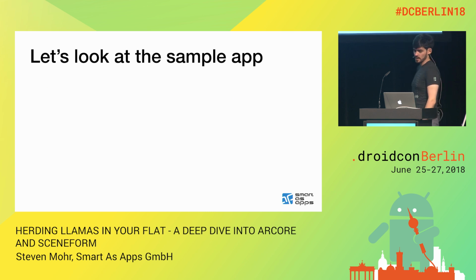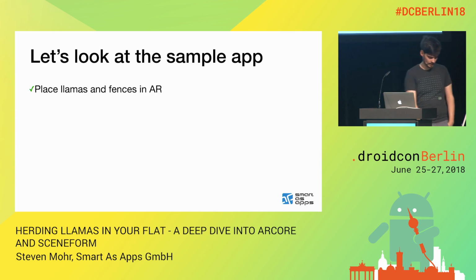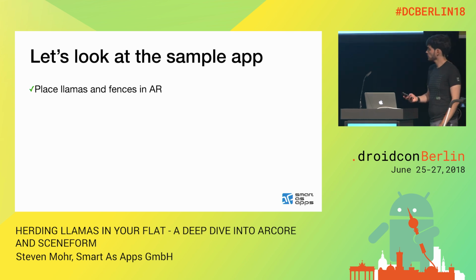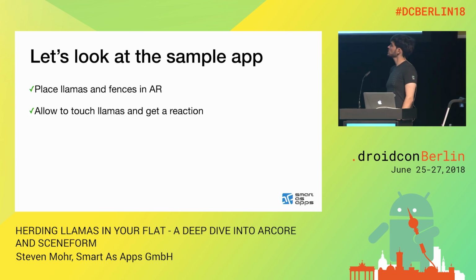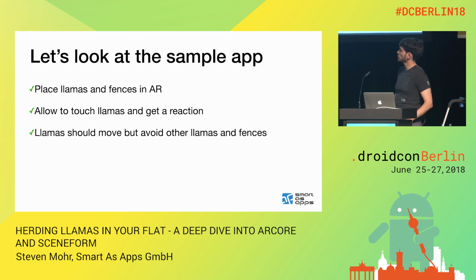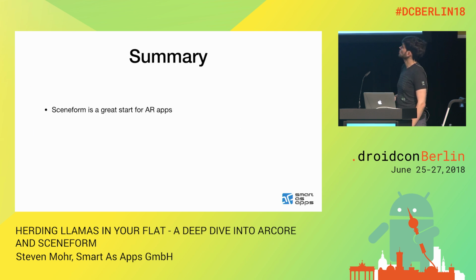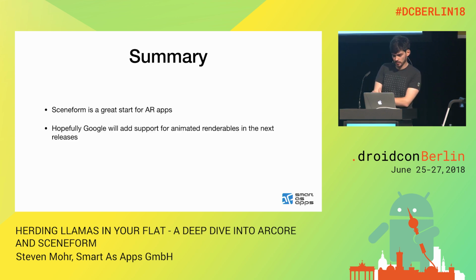So let's look at our sample app. We want to be able to place llamas in AR. Check. We want to allow touching llamas and get a reaction. We also did that. And llamas should move but avoid others, so we have collision detection so that they don't overlap. So let's first do, I think we have a bit of time left, and then I can tell you something about